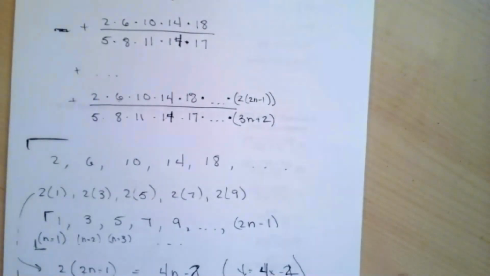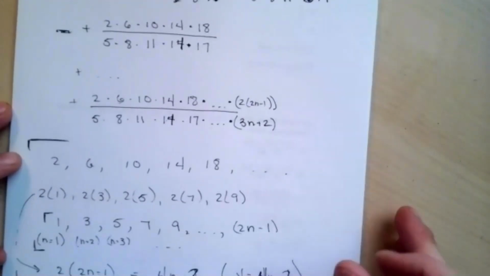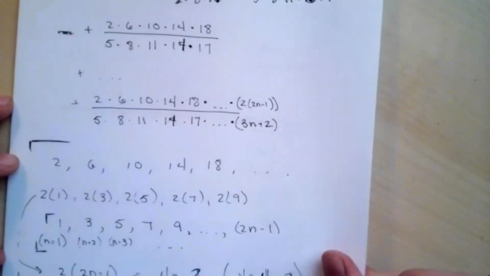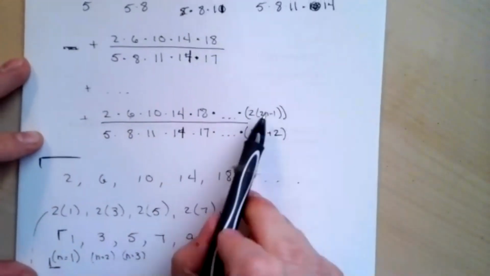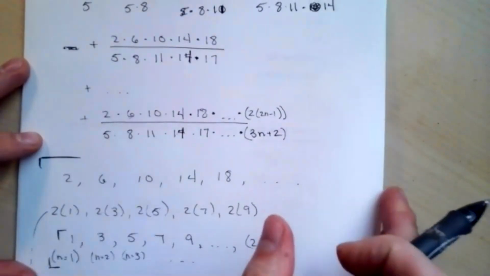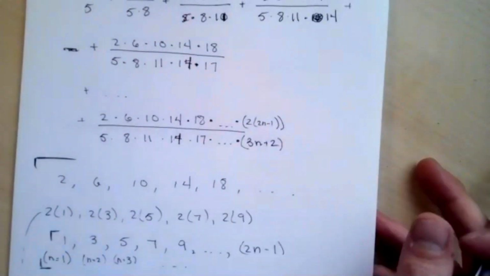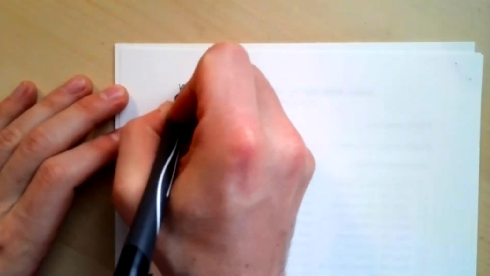So a couple things. I do want to talk about this kind of factorial growth. Sometimes it is helpful to factor out these 2s. So because we could factor out a 2 from everything in the numerator, sometimes it's helpful. In this case, it's not going to be. And we'll see why. So we know that our nth term